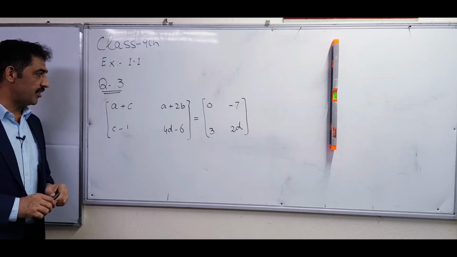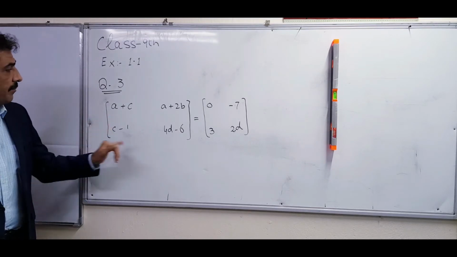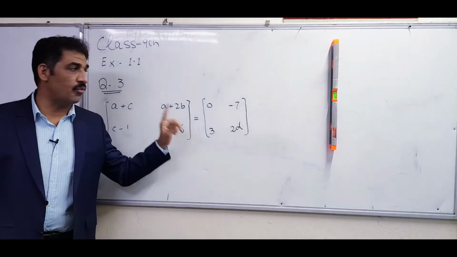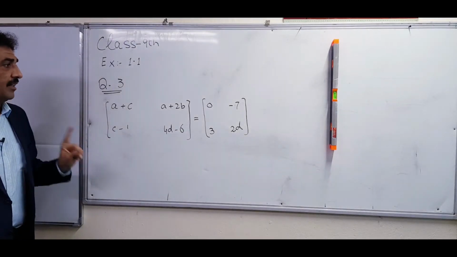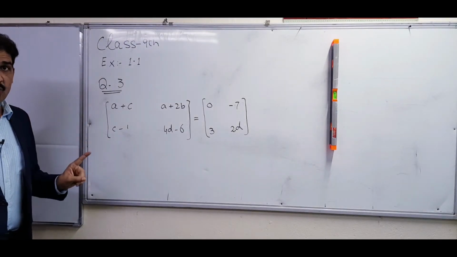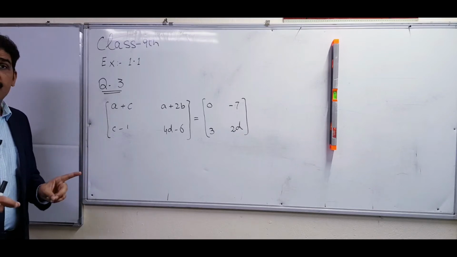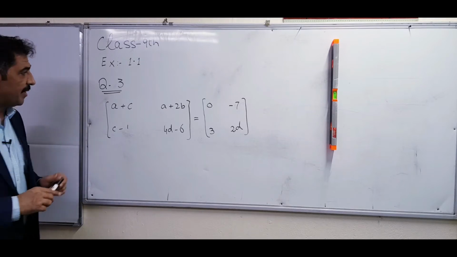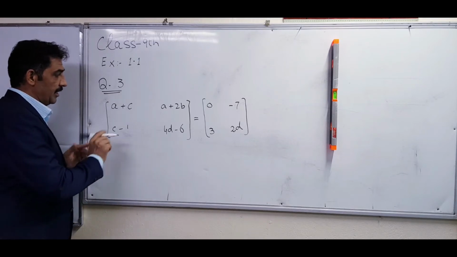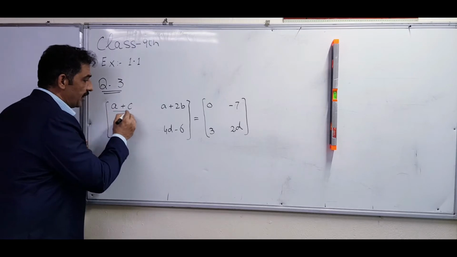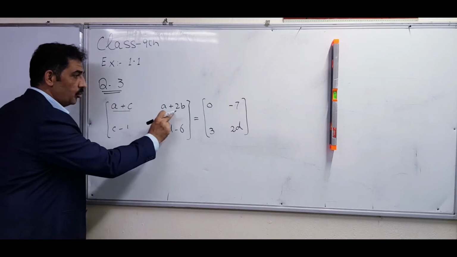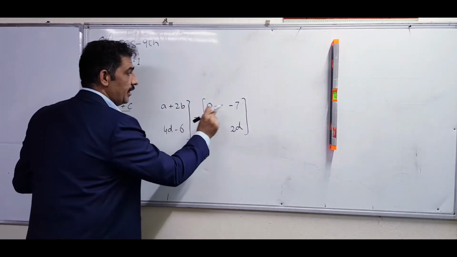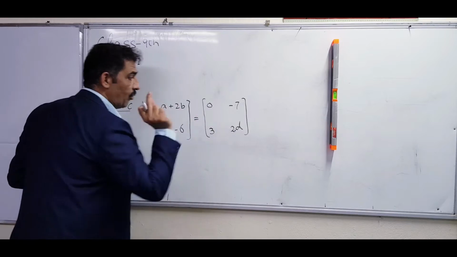In question number 3, we have to find the value of A, B, C, and D, while the sign between the matrices is an equal sign. So first of all, when two matrices are equal, keep one thing in your mind: the number of elements of both matrices is equal. What does the number of elements mean? Like this is one number, this is the first entry. It is called an entry of the matrix: 1, 2, 3, 4, right? Check it here: 1, 2, 3, 4.